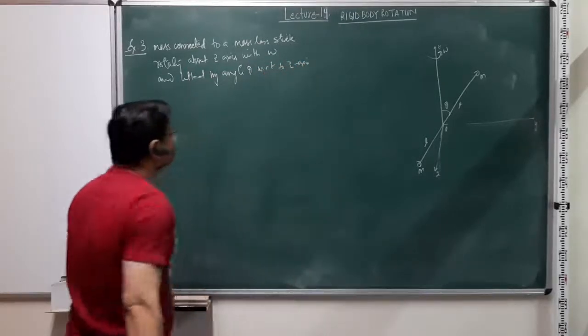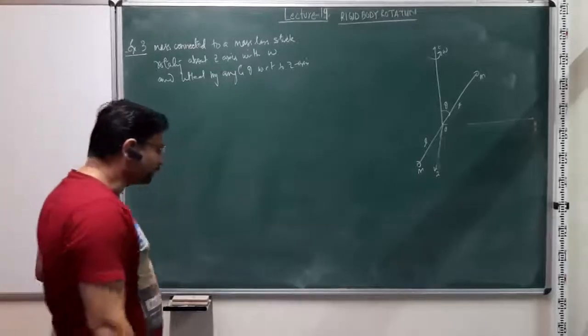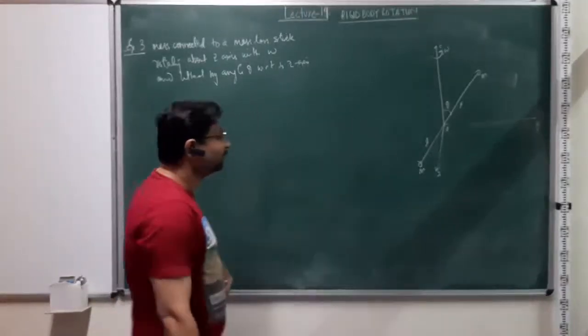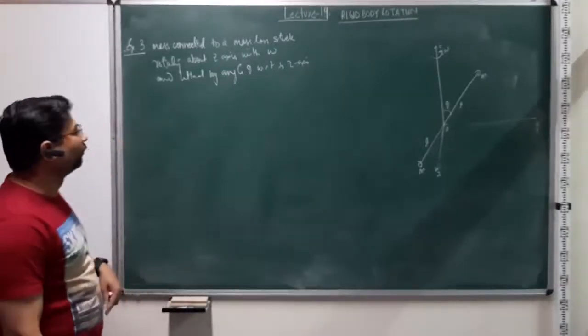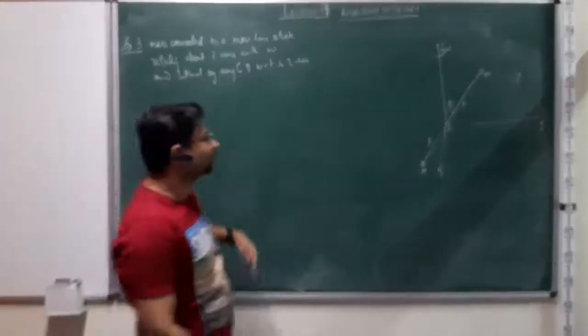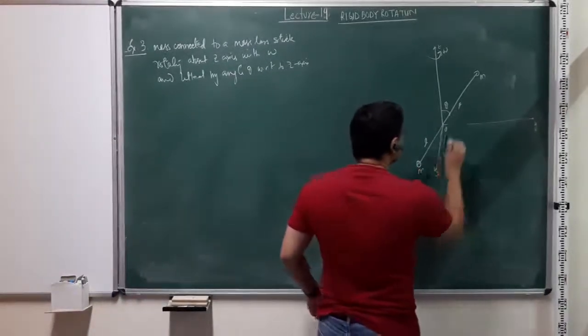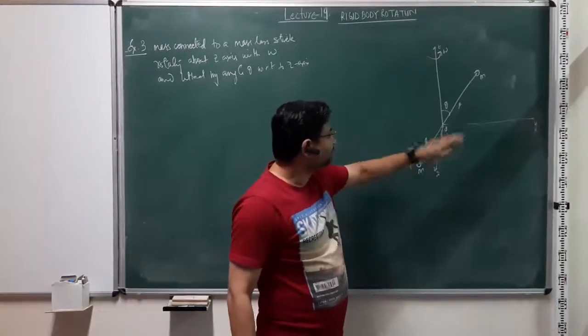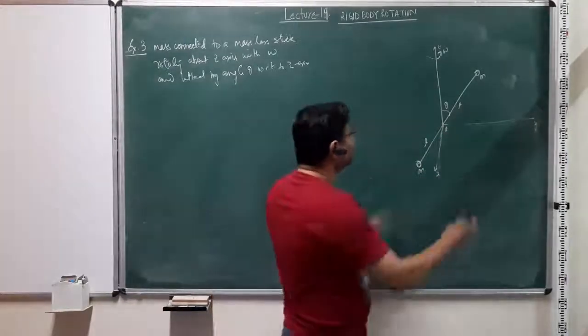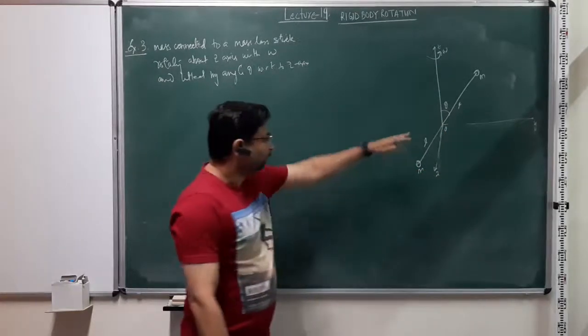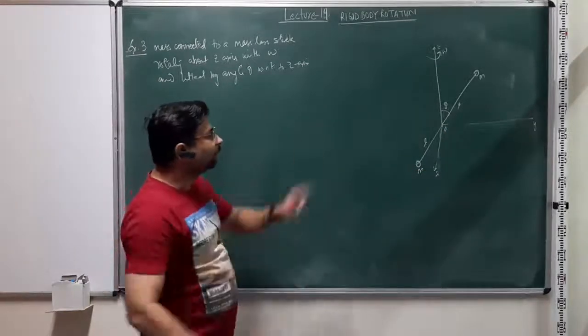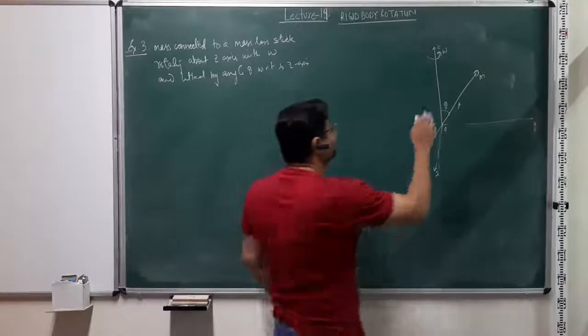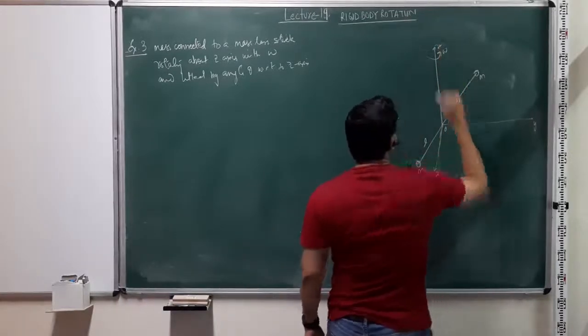It doesn't matter. The choice of axis can actually change depending on what you want to do, right? So anyway, this is the problem. There are two masses connected by a massless stick, and their center coincides with the origin. They are rotating, tilted at an angle theta, about this axis. For the time being, let's call it the z-axis, but I'll change it later.